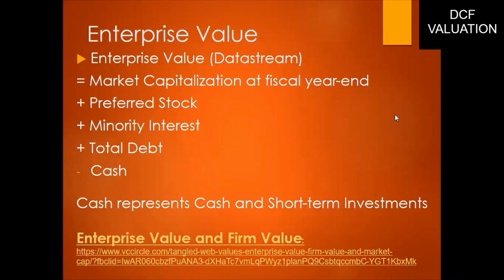Now, as a rule of thumb, we simply add back the entire cash and cash equivalents of the company. But if you read through the article, to be strict about it, what we need to add back is not just cash, but also other non-operating assets. But it's hard to identify other non-operating assets. So we simply assume that we add back cash to get the market value of equity.